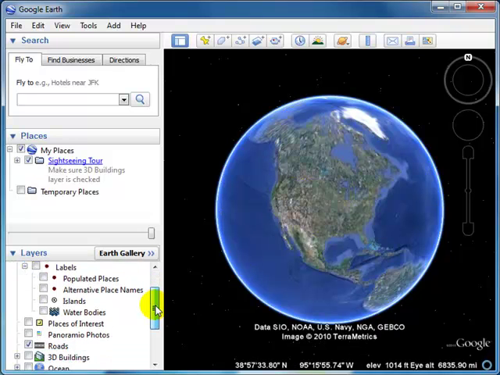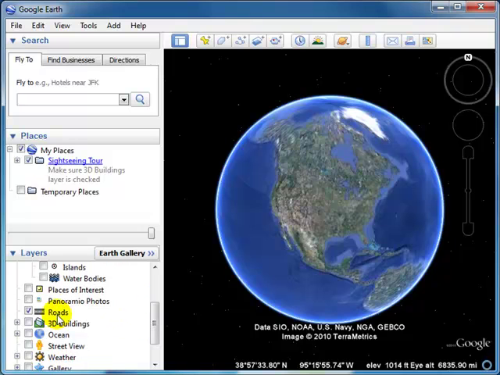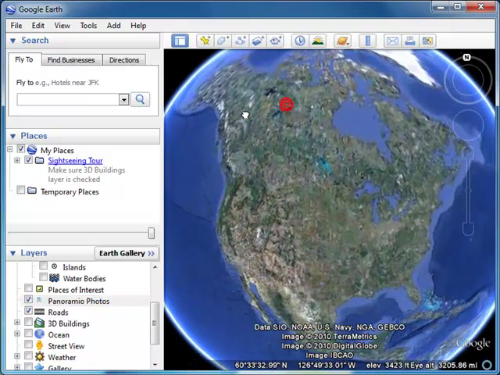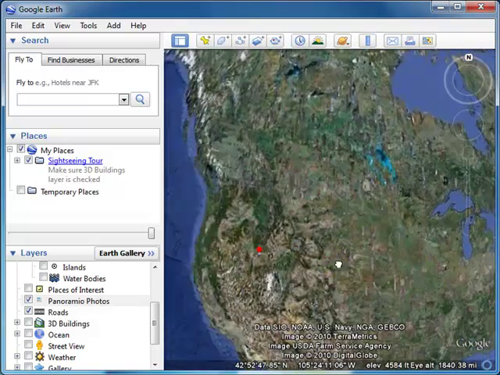And once you have the layers on, a lot of times they're designed to not turn on until you zoom in to a certain level. So what you're going to notice is that as I zoom in to this area here,